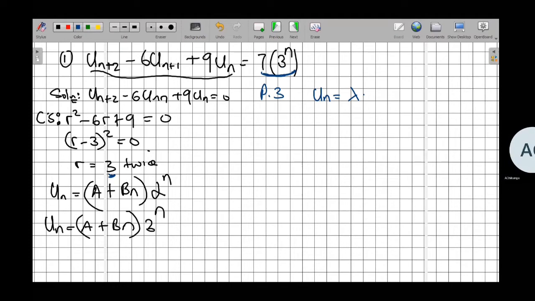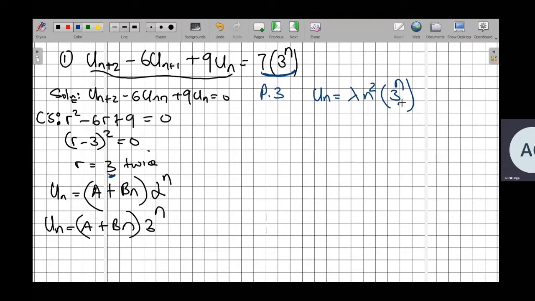Lambda n squared 3 to the power of n. Why did you put n squared? Because it's a repeated root. So alpha is equal to beta is equal to this value here, p. That's the form. Because we said if we've got a form,